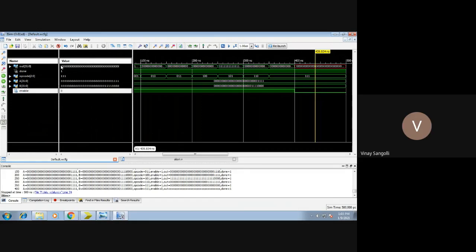So pretty simple code, friends. Nothing much here. If you know it, it is very easy. If you have any doubts, you can just buzz us. You can just message me.